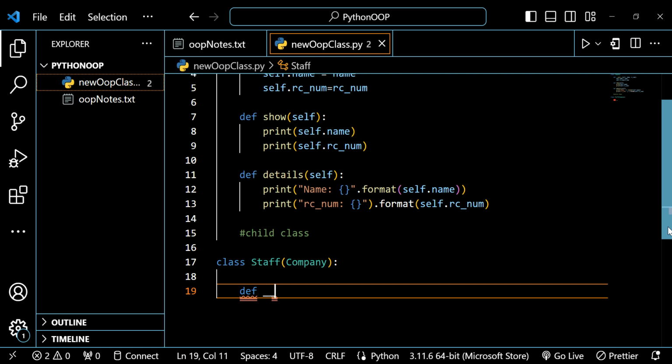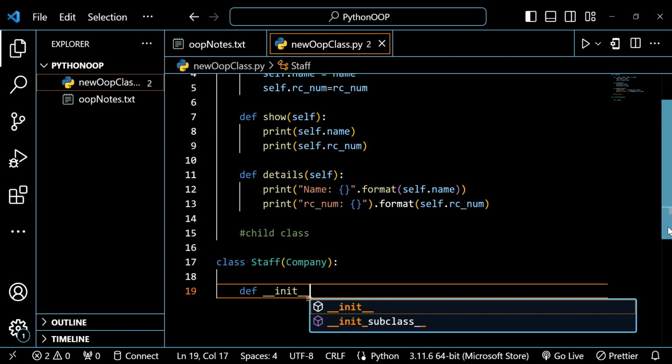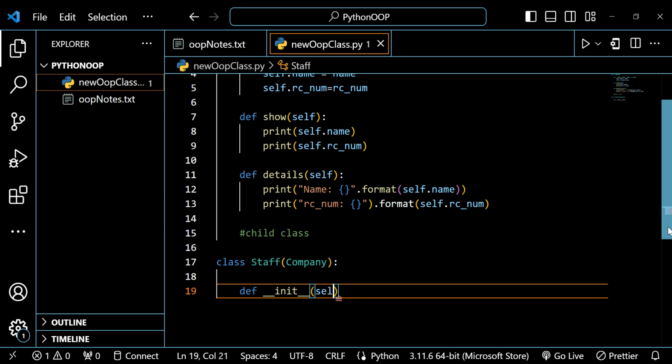So we have the init method itself. Because it's inheriting from the company class, so I can have access to what can I have access to? Name. I also have access to what? The RC num,